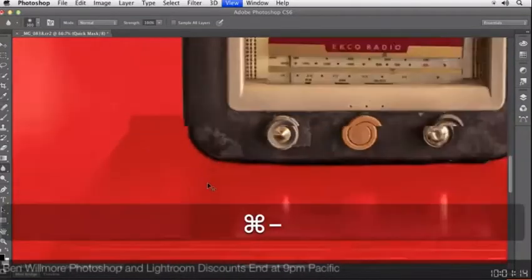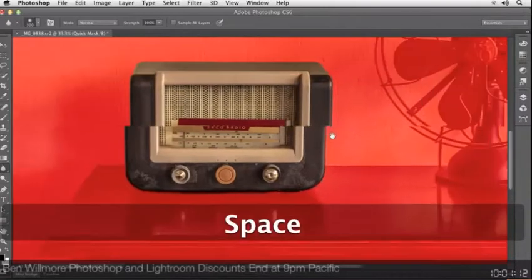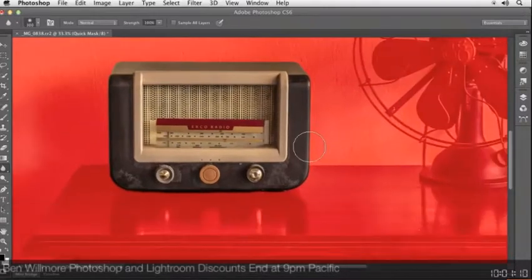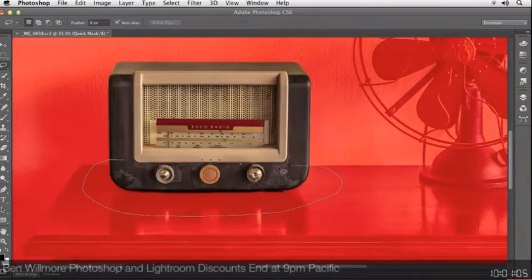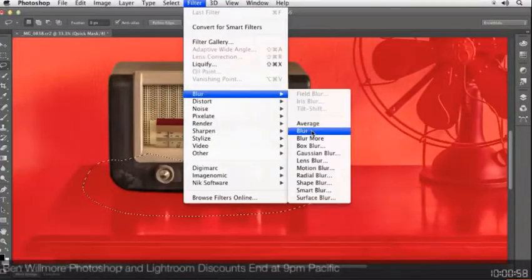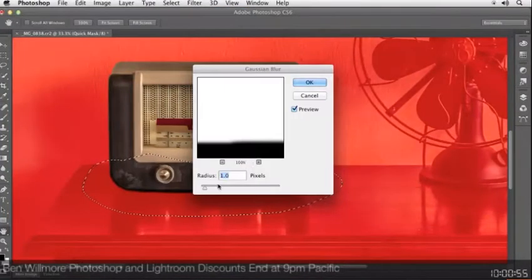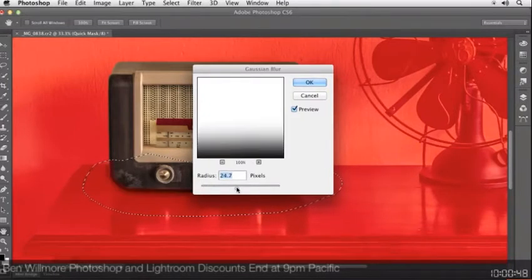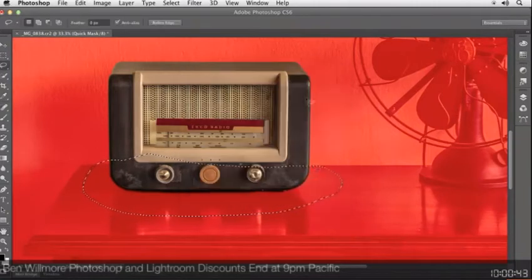If that's taking too much time, when you're in quick mask mode, you can still use selections. So I can select this area down here and blur the mask. Blurring a mask is the same as feathering a selection. You see the bottom edge changing? The only thing you have to be careful of there is my selection ends abruptly right here. And so that blurring